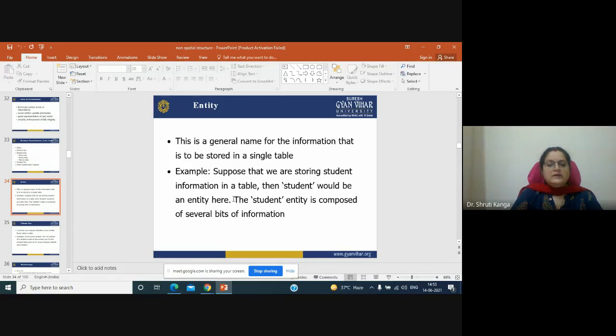The student entity is composed of several bits of information. A student can have a name, father's name, mother's name, so a lot of information can be stored. So student would be an entity.